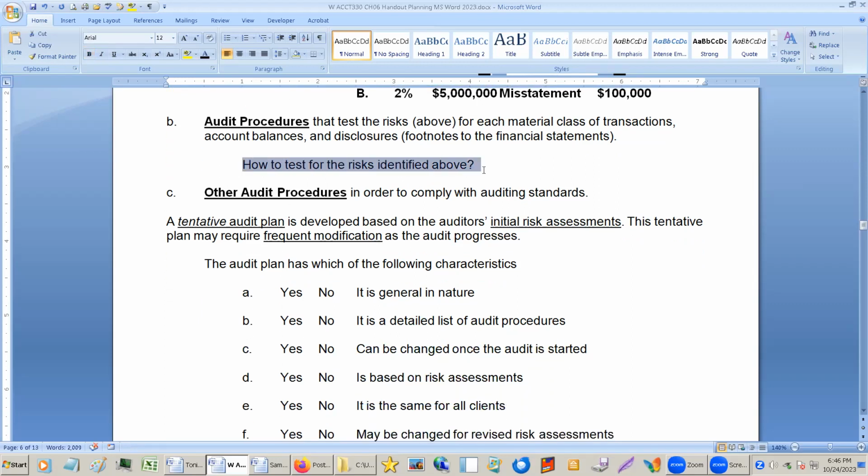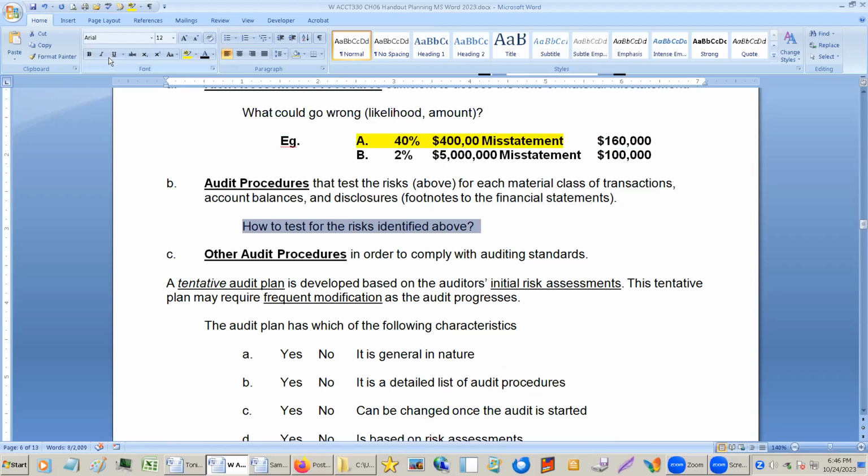And audit procedures. Once we figure out what the risks are, we say, okay, how do we test those? And so you start with the risks. So you always start with the risks, which are probability times dollar amounts. And by the way, after about a year auditing, I would sit around and talk with my supervisor and maybe say, okay, what could go wrong and how much would it be? And you sit there kind of brainstorming,